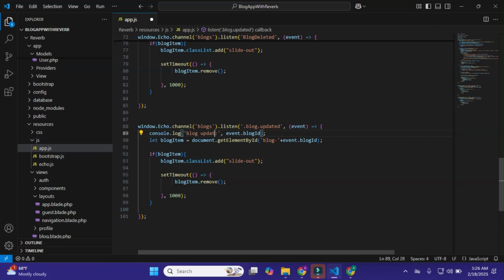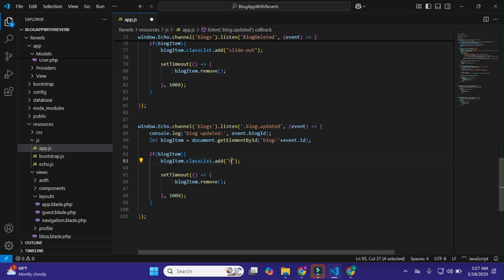Okay, that's it. And let blogItem = document.getElementById, and within it this time we have this blog- plus event.id like this.